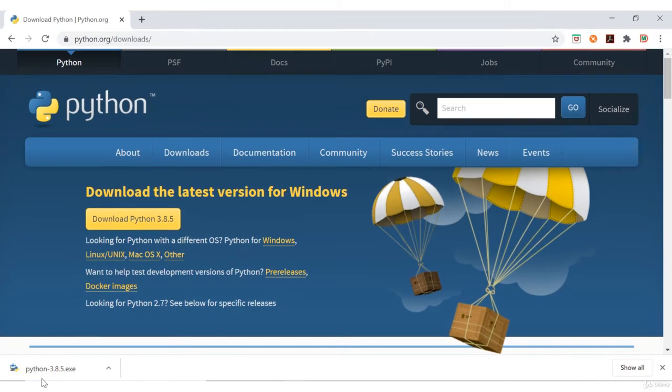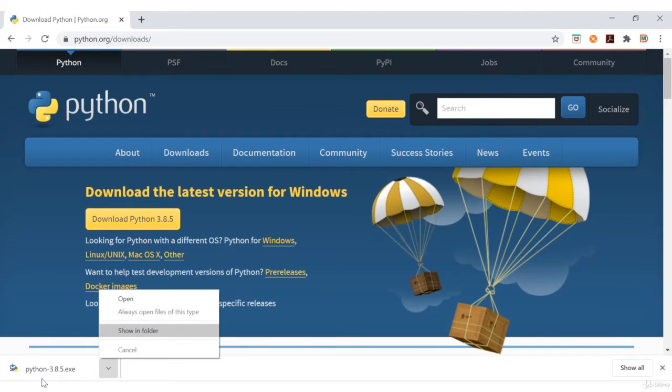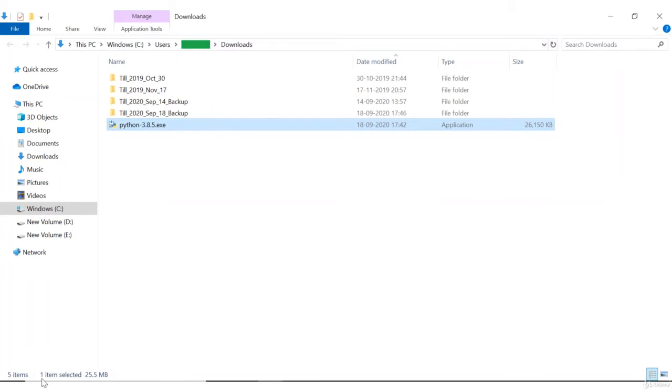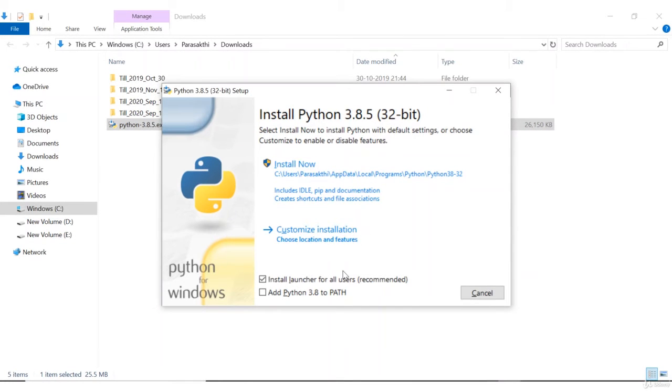Once it is downloaded, open the file explorer and double click on python-3.8.5.exe, and you can start installing it.